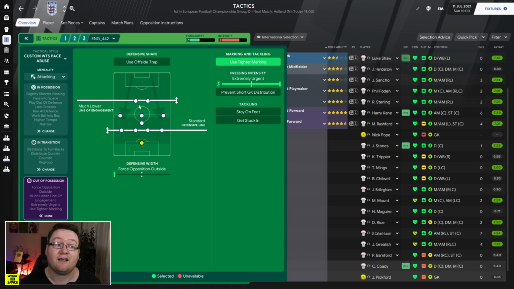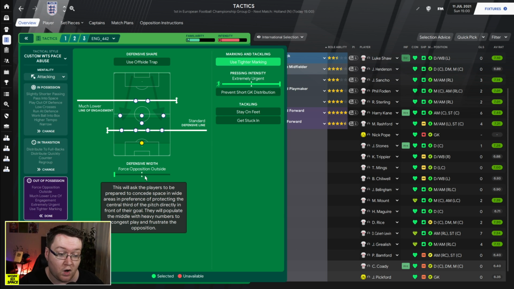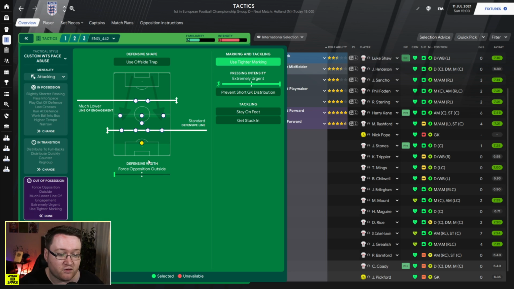As soon as they hit, I guess, the edge of the D just inside their half, that's when we're going to press. That's when we're going to look to force in a tackle. I want to create as much space behind them as I can. And we are going to be forcing them out wide simply because, as we've seen from their striking options, they don't have aerial presence. They don't have players with great aerial ability, at least players who have started in their